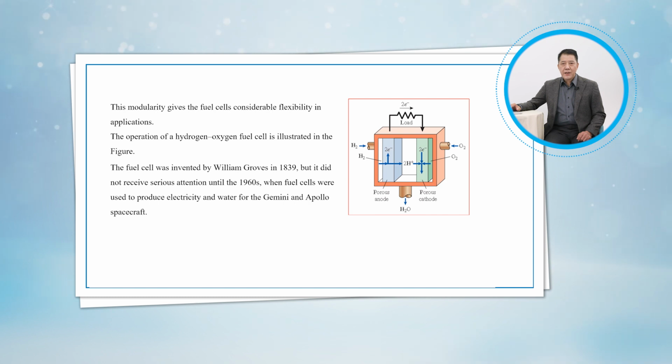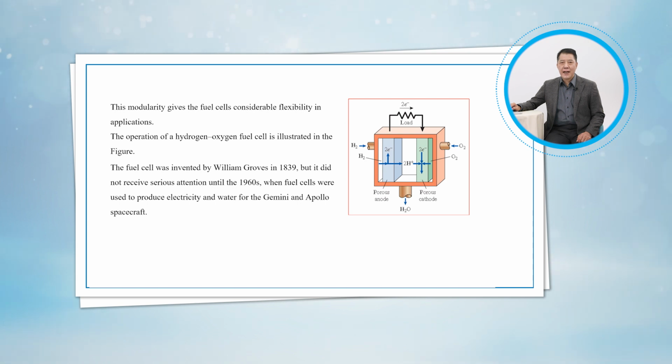The fuel cell was invented by William Groves in 1839, but it did not receive serious attention until the 1960s, when fuel cells were used to produce electricity and water for the Gemini and Apollo spacecraft. Today, they are used for the same purpose in the space shuttle missions. Despite the irreversible effects such as internal resistance to electron flow, fuel cells have a great potential for much higher conversion efficiencies. At present, fuel cells are available commercially, but they are competitive only in some niche markets because of